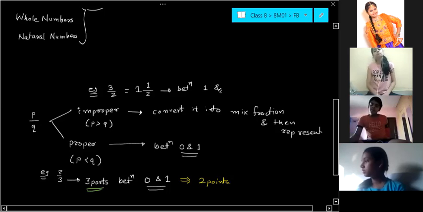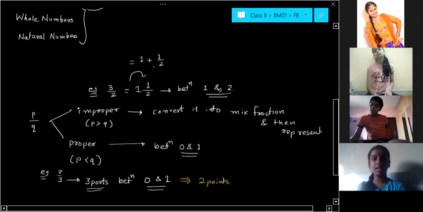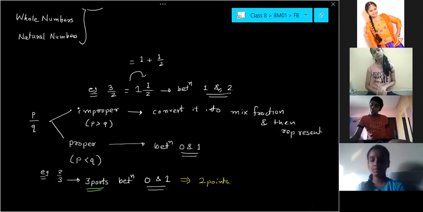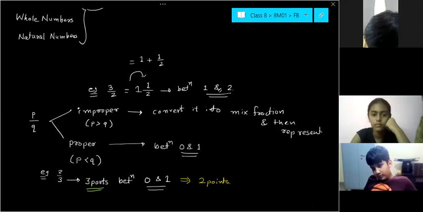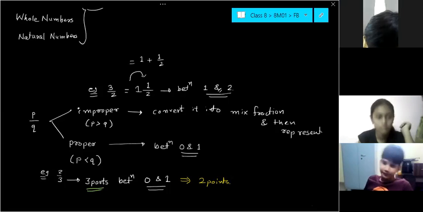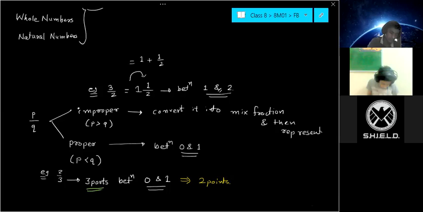See, students, how can we analyze between 1 and 2? Since it is one integer 1 by 2, what is the meaning of one integer 1 by 2? 1 plus 1/2. So it is greater than 1. Yes or no, everyone? Understood this? Please give me some response. Devika, clear? Akshit, right? Now, so between 1 and 2.